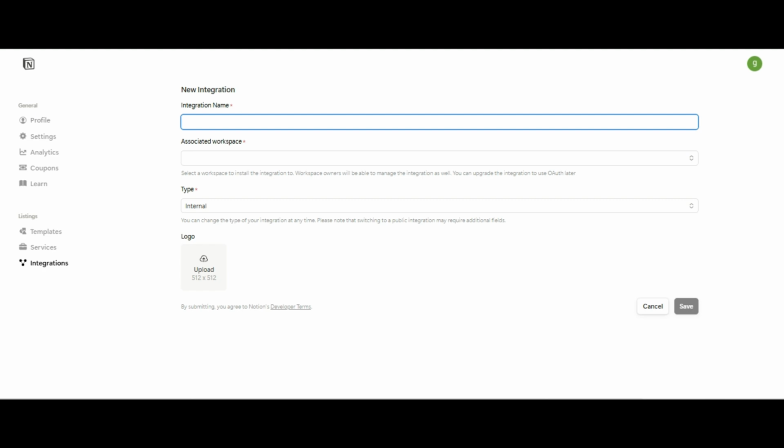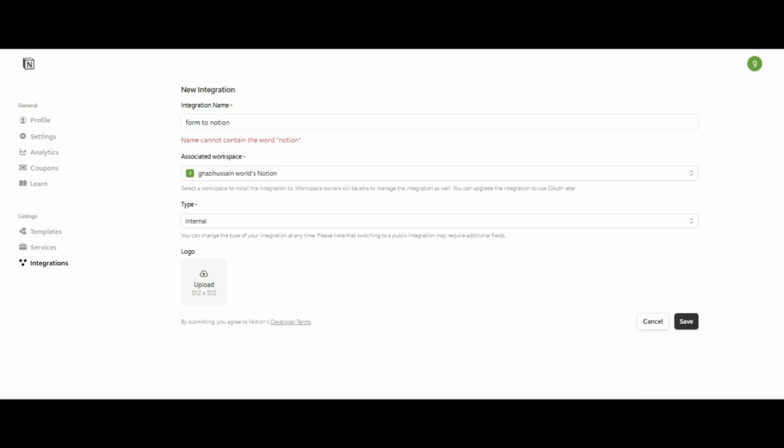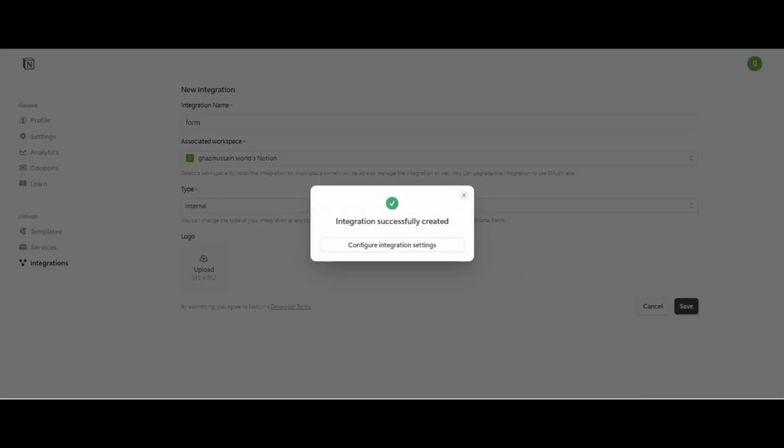I say form to Notion, and I will click on save. Now you have to associate a workspace. It is giving an error because I did not select a workspace and the name includes Notion, so it is not allowed. So I will click on configure.